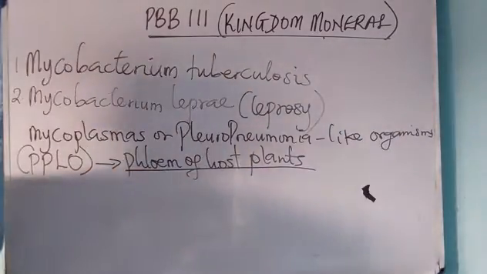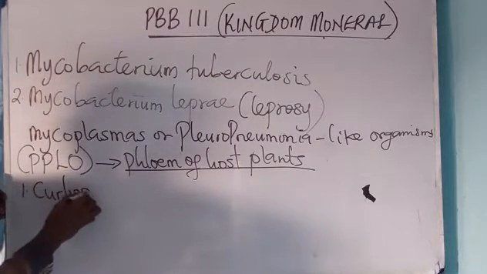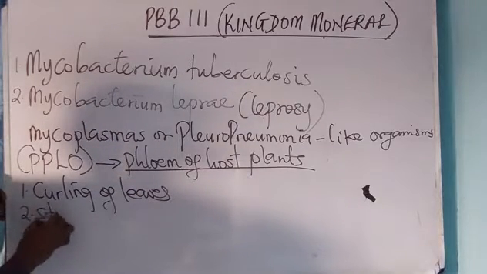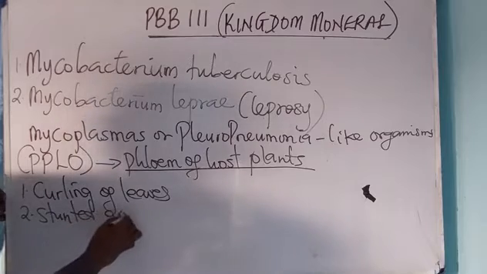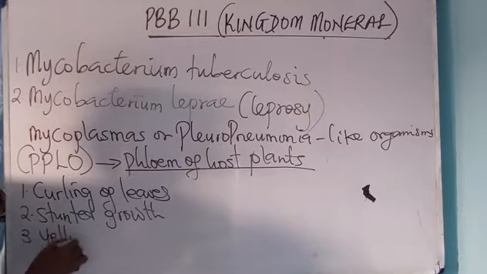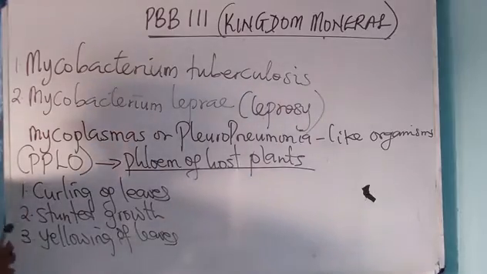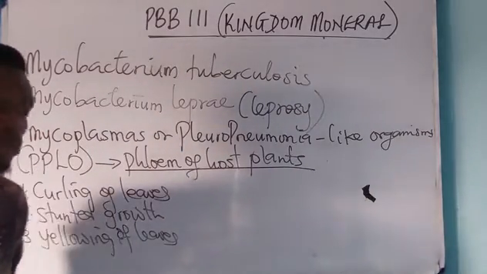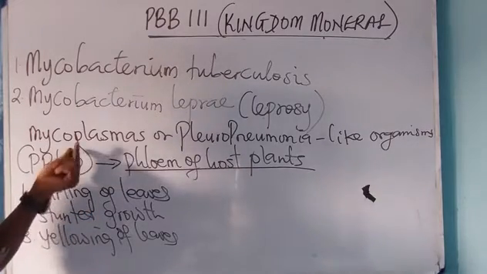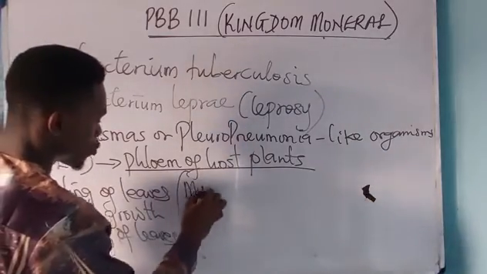Now, what is the impact of such a thing? It leads to coiling of leaves, to stunted growth, slow growth, and leads to yellowing of leaves. Yeah, yellowing of leaves, because food materials are no longer what? Translocated into these parts. A good example of a mycoplasma is called